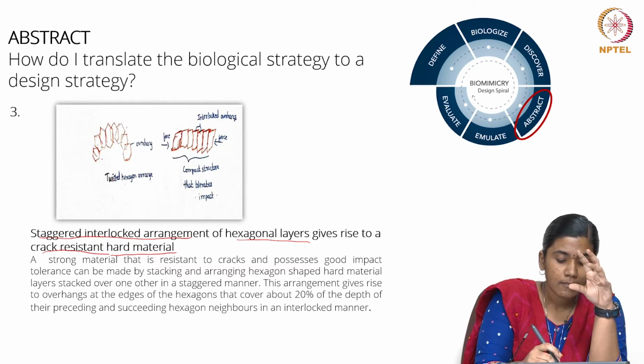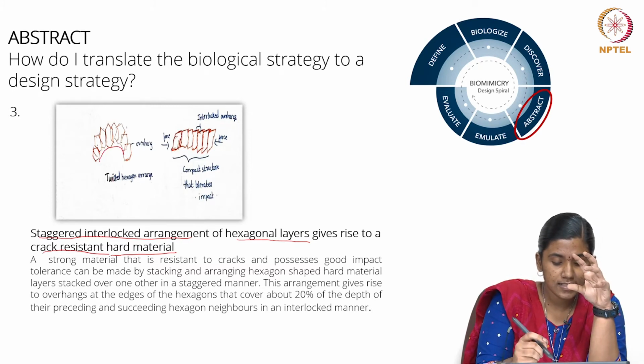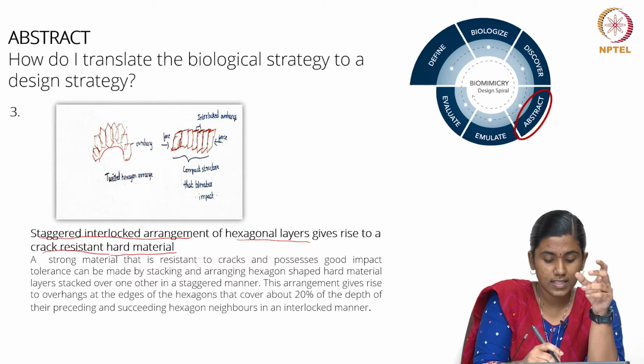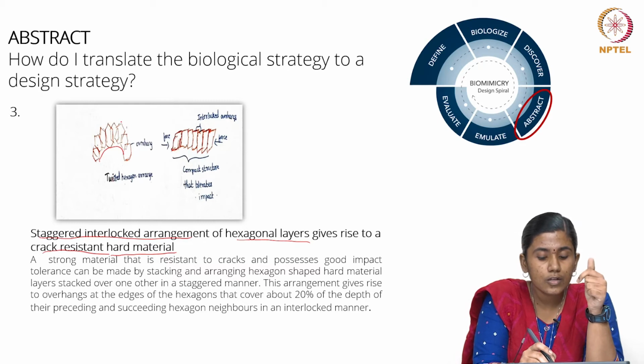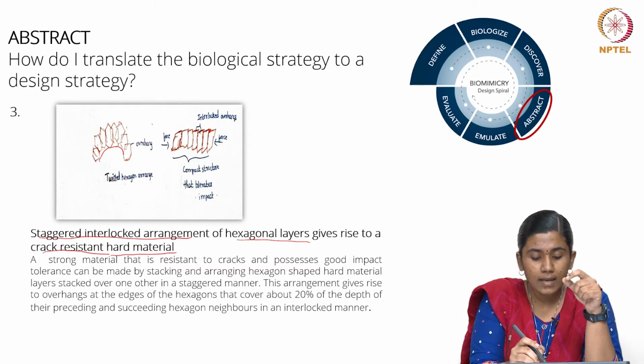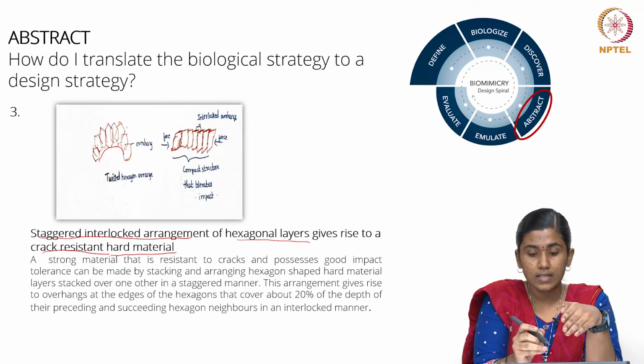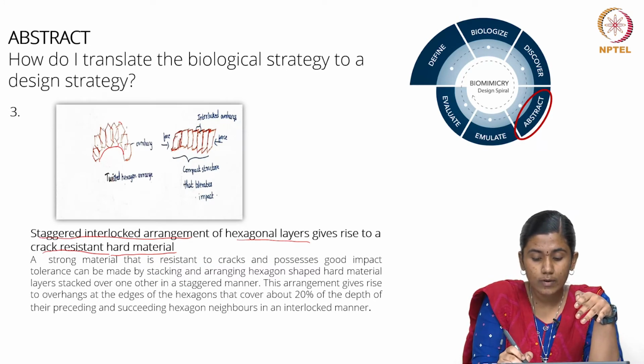by arranging these hexagons in a twisted manner, as you can see in the picture here, in a twisted manner. And when they are twisted in such a manner, you are able to see the overhangs above and the overhangs below. So what happens is, when they are pushed together in a stack, the overhangs are able to interlock with